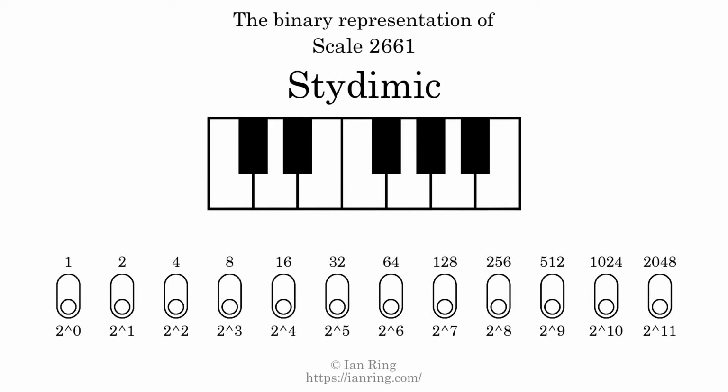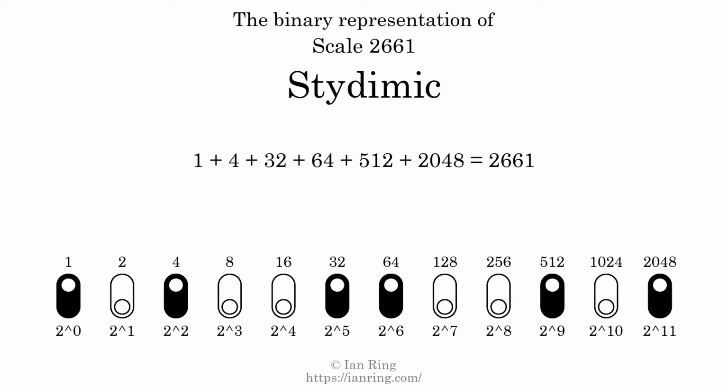The binary representation of this scale is determined by mapping tones of the scale to binary digits. Each binary digit represents a power of 2. To get the scale number, we add the powers of 2 together. The powers of 2 that are present in the scale, all added together, equals 2661. That is why the scale number, in decimal, is